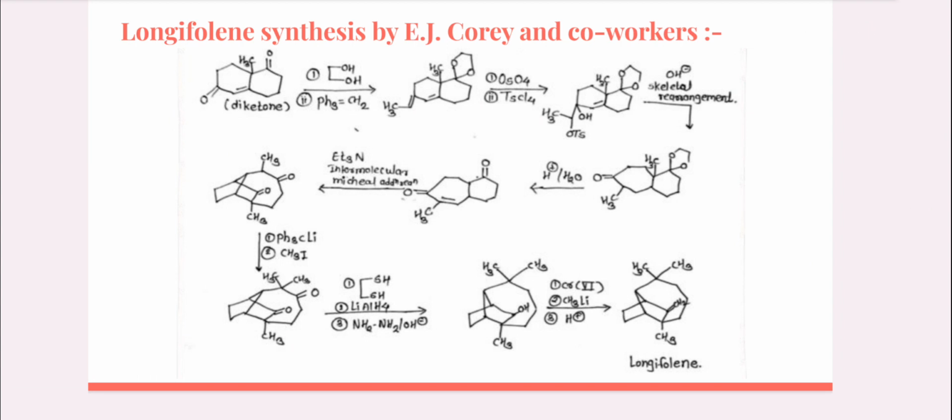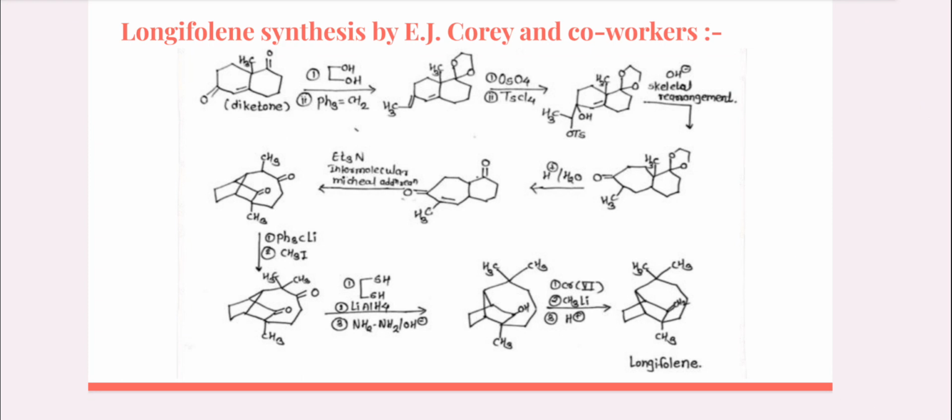The product we have formed is structure number 7. In structure number 7, the compound reacts with 3 reagents. First we use a dithiol, second lithium aluminum hydride, and third NH2NH2 in the presence of base. So in the first step we use a dithiol protecting group, this protects the sterically unhindered ketonic group. In the next step we use lithium aluminum hydride, a reducing agent. This reducing agent converts the hindered carbonyl group into OH.